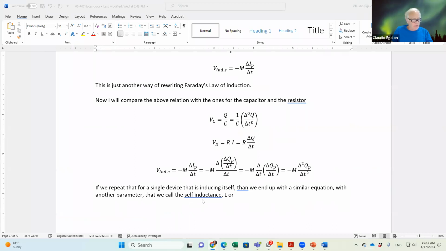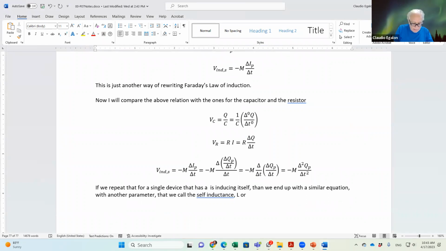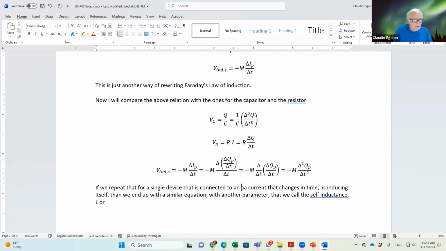If we repeat that for a single device that has a current that changes in time, that's connected to an AC generator,